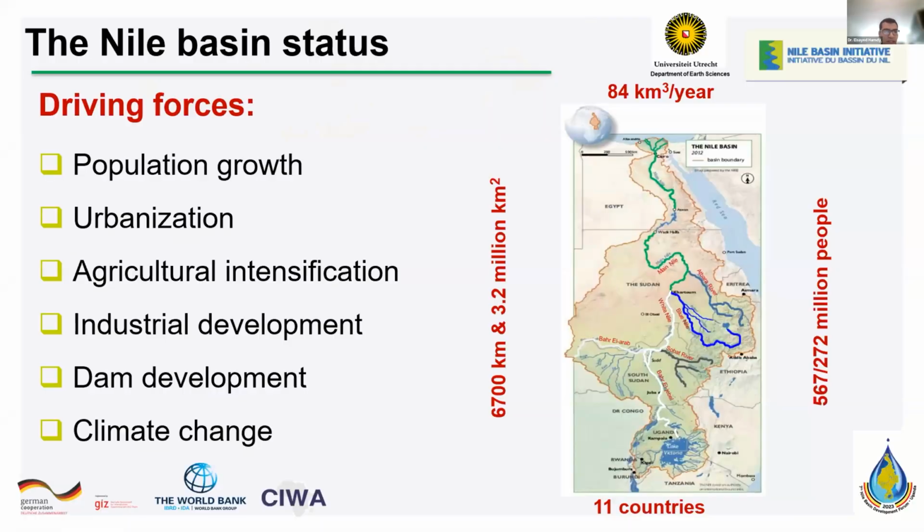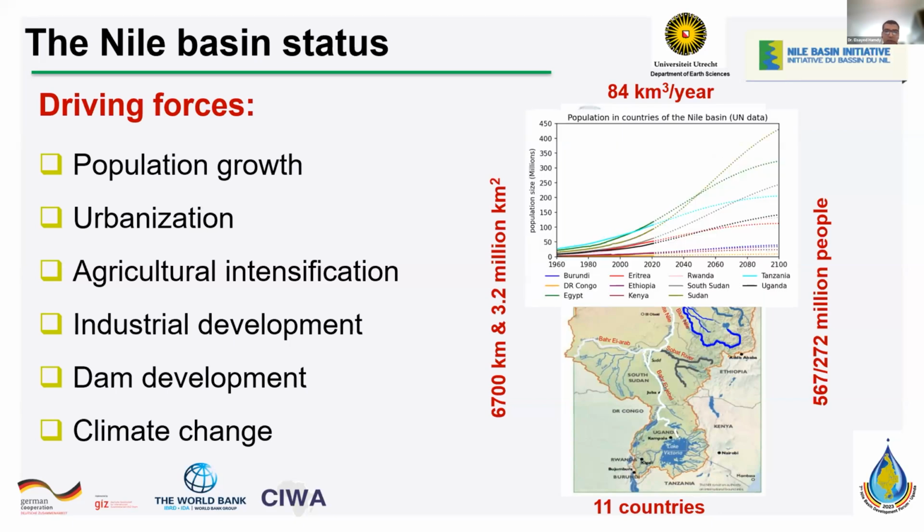So let's go directly to the topic and see what's the situation in the Nile Basin. We have continued anthropogenic factors affecting the nutrient fluxes, and I'm referring here to the nutrients nitrogen and phosphorus, and it is affecting their cycle in the Nile system. And of course, it affects the water quality. We have several driving forces: